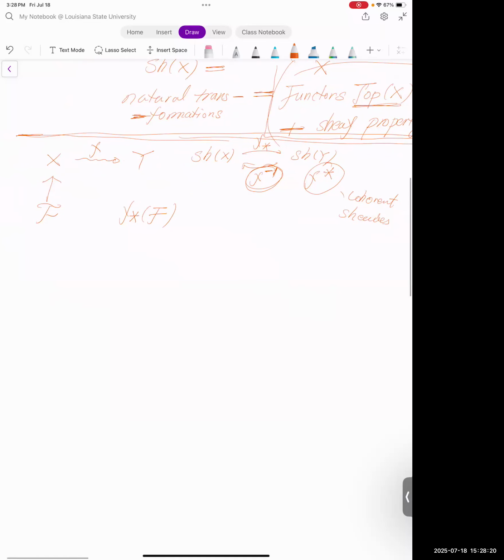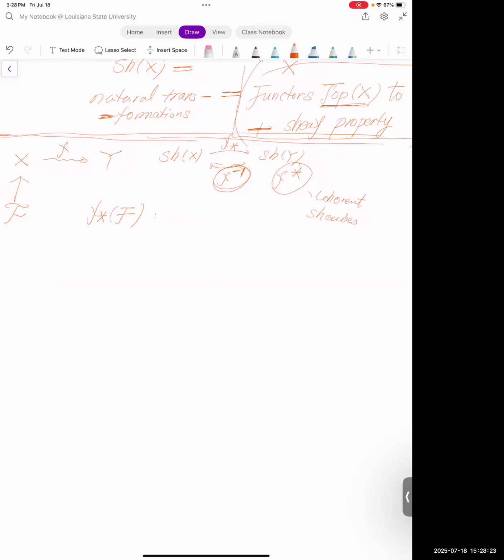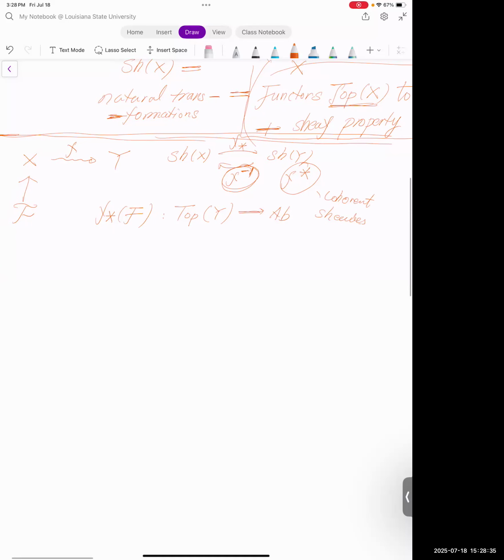What it means is that I'm going to have a functor from the open subsets of Y to the abelian categories. This means that if I give you an open set of Y, I'm going to get an abelian group, and satisfy the sheaf property in a functorial way, but we'll check that later. But if you give an open set of Y, how am I going to get an abelian group? You know, F assigns open sets on X abelian groups. So one natural way to do it is to pull back this open set, so it'll be F